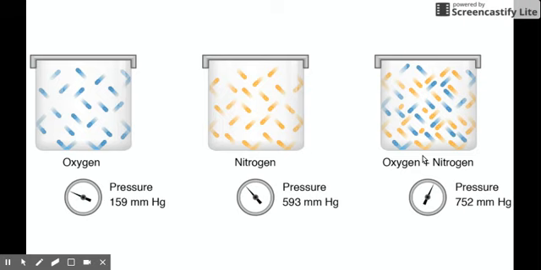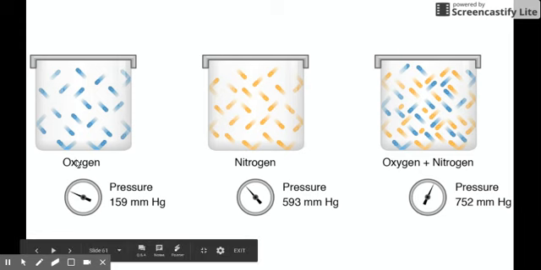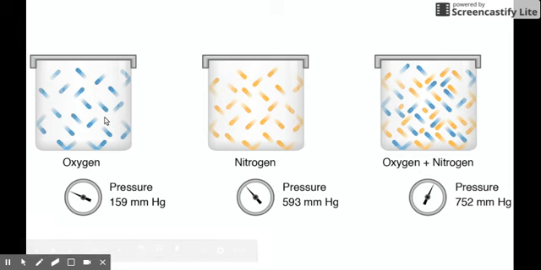We've learned that one of the properties of gases is that each gas molecule is independent of one another. That means they do not depend on one another because we neglect the molecular interaction between gas molecules. And so, if you look at this diagram here between two gases, oxygen and nitrogen, each in one container